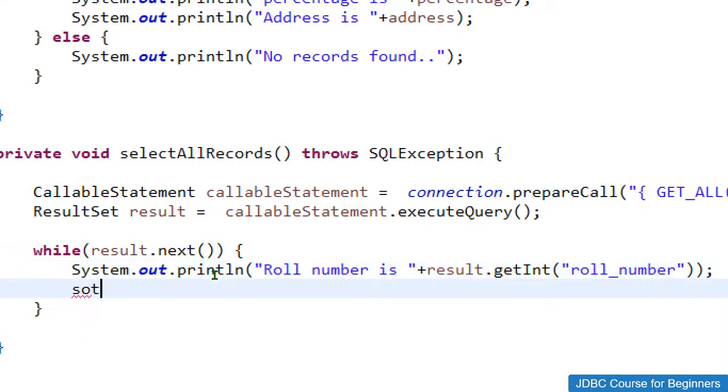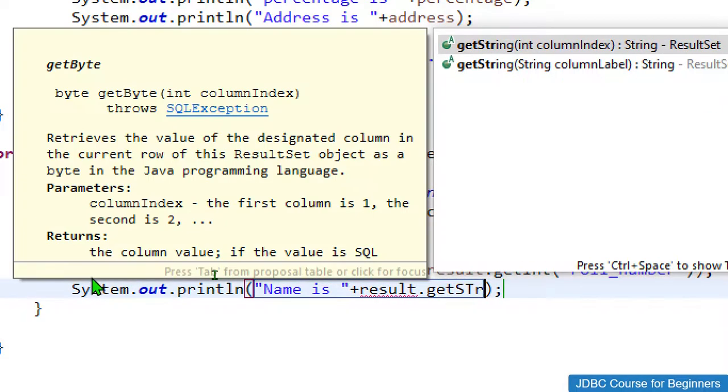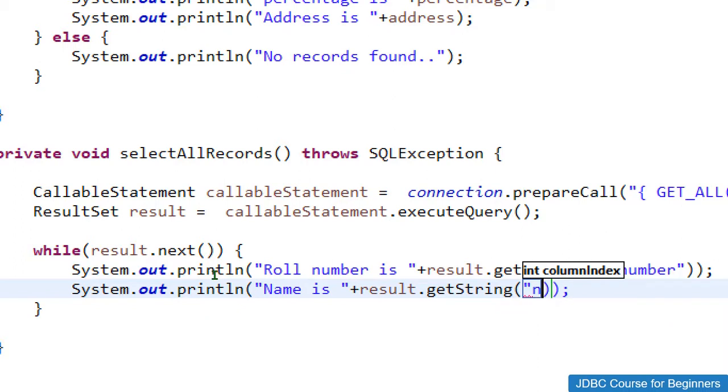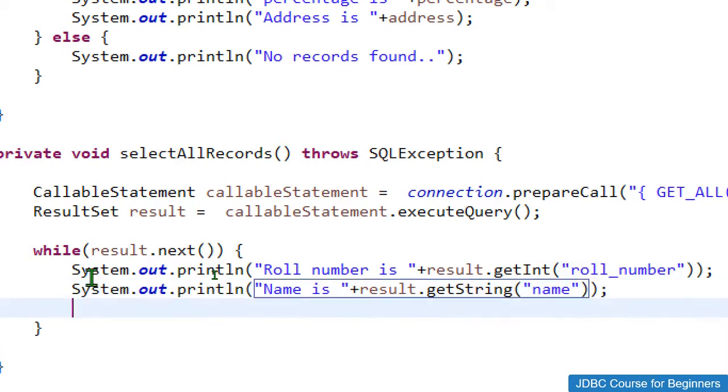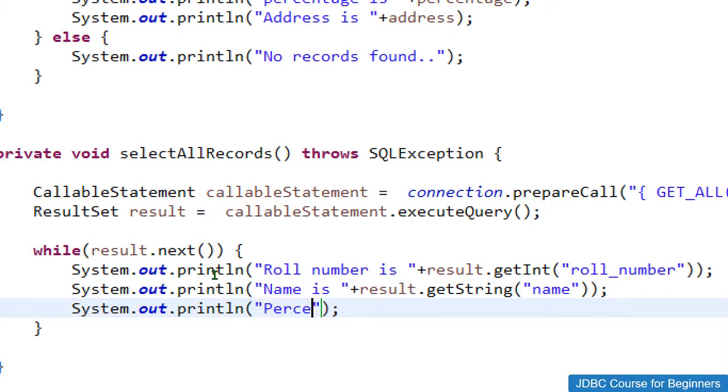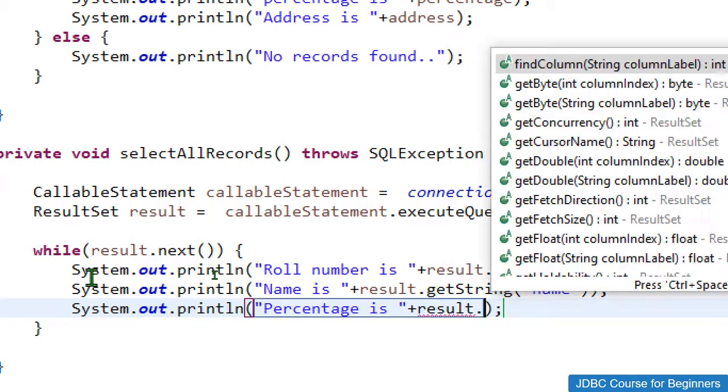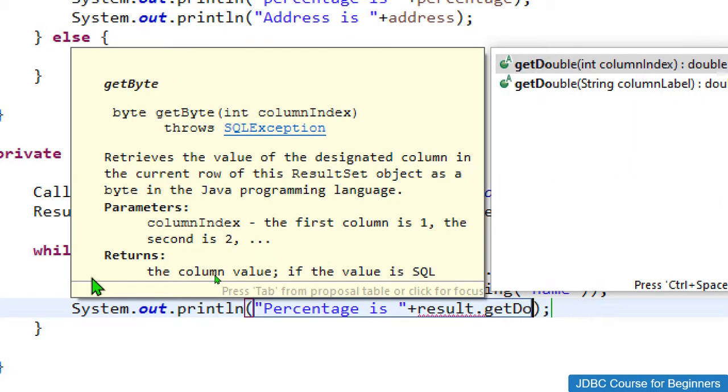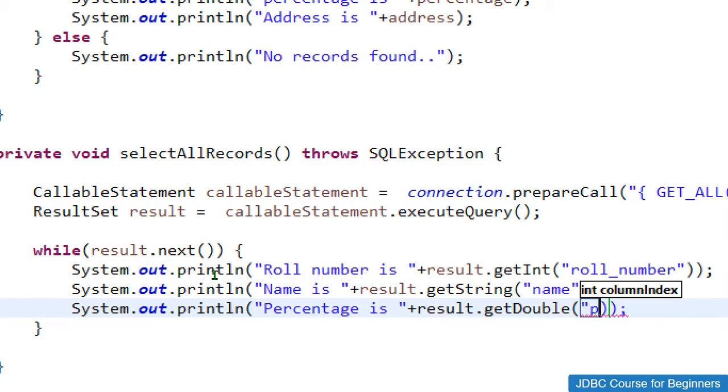Now let me give name is, then result dot getString, and my column name is name. Again my third column is percentage, so let me give the message like percentage is result dot getDouble, and my column name is percentage itself.